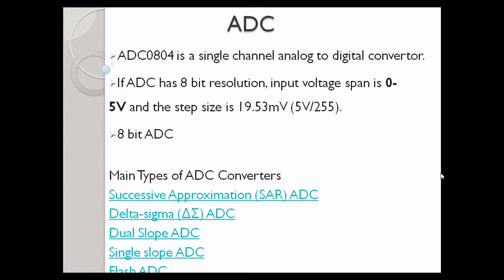Do you understand? Suppose I want to use some other ADC. You take for example a 10-bit ADC. So 2 power 10 is nothing but 1024. So instead of 255, you have to use 1024. Next, the reference voltage is 5 volt. If you want to change, you can change it to 10 volt. So according to that it will change. So if the bit size is very high and the reference voltage is changed, automatically the step size will get changed.